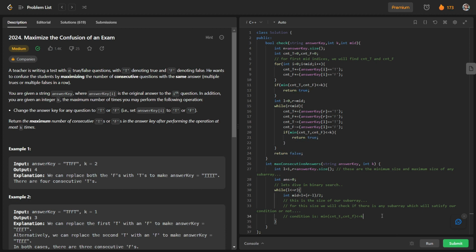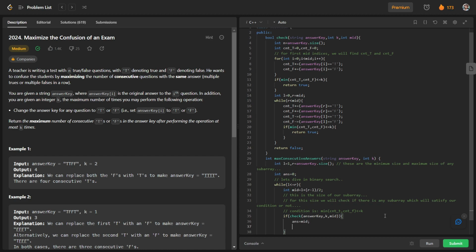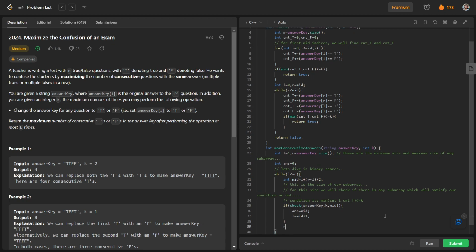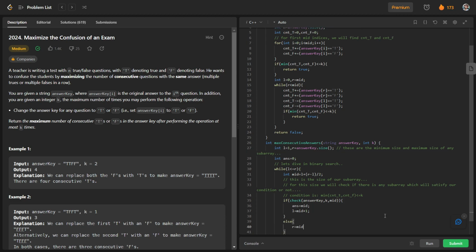So this was our condition, and we will check for answer key and a particular size mid. If the condition is satisfied, we first store the value of our mid: answer is equal to mid, and we increase the size of the subarray, so L is equal to mid plus 1. Otherwise, R is equal to mid minus 1.